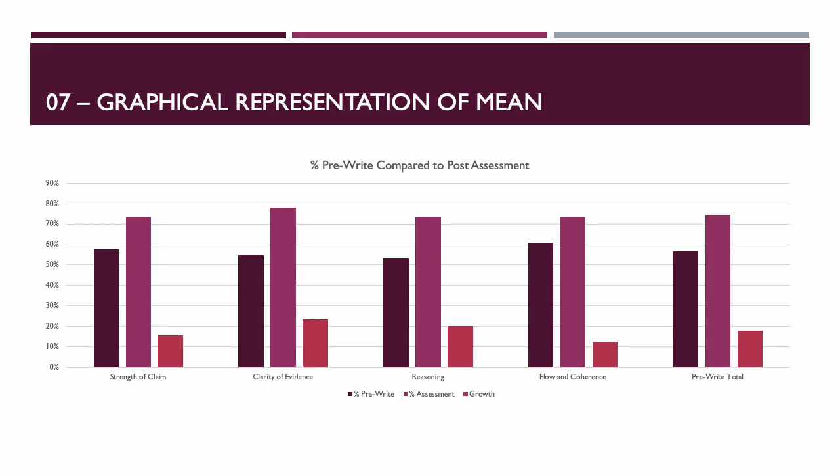Now, to gauge the effectiveness of not just individual students, but of the larger group, such as the total 17 students that participated in the research study, we can see that the clarity of evidence and reasoning sections showcase the highest amount of growth compared to the other 4 sections. However, in all 4 sections, from the strength of claim, clarity of evidence, reasoning, and flow and coherence, we can see a positive increase in the pre- and post-assessment scores after utilizing the writing intervention. This is shown on the far right-hand side, where we can still see a marked uptick in the scores in comparison to the pre- and post-assessment for the 17 participating students, no matter their background.